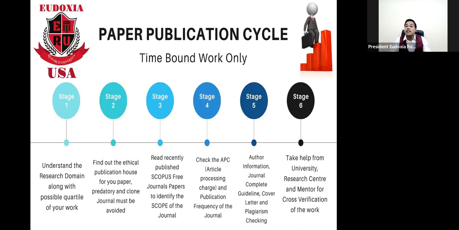without any publication fee. Now you see stage 5, that is author information, the journal's complete guideline you have to read. And most of the time we are avoiding it. We are thinking, yeah, we know that one, we have written our paper, now we have formatted it and we need to submit. Here we are making the mistake. We are giving more time to our paper, but we have no time to read the guideline. And therefore what is happening, it is not synchronizing with the journal guideline and becomes the cause of the rejection